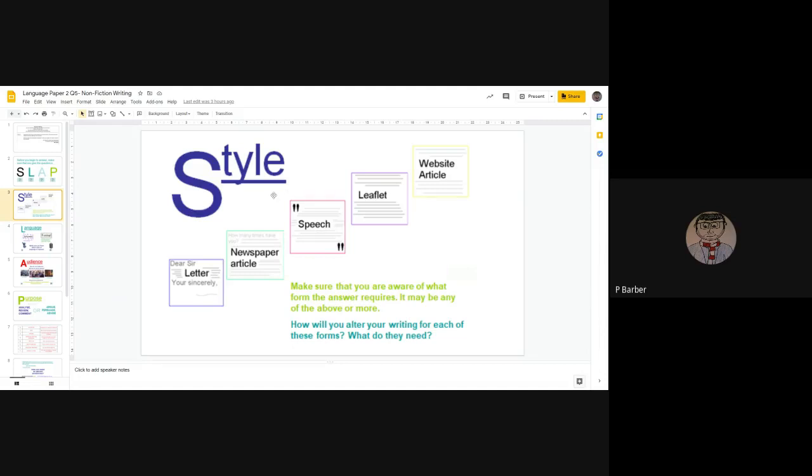And can I adjust my writing appropriately to match that particular purpose? Are you being asked to write a letter, in which case you would start with "Dear Sir, Madam," and you would end with "Yours sincerely" or "Yours faithfully," depending on the appropriateness of that response? Are you being asked to write a newspaper article, which would require a heading, might require subheadings on the way through? Are you being asked to write a speech in which it would lean much more towards the first person